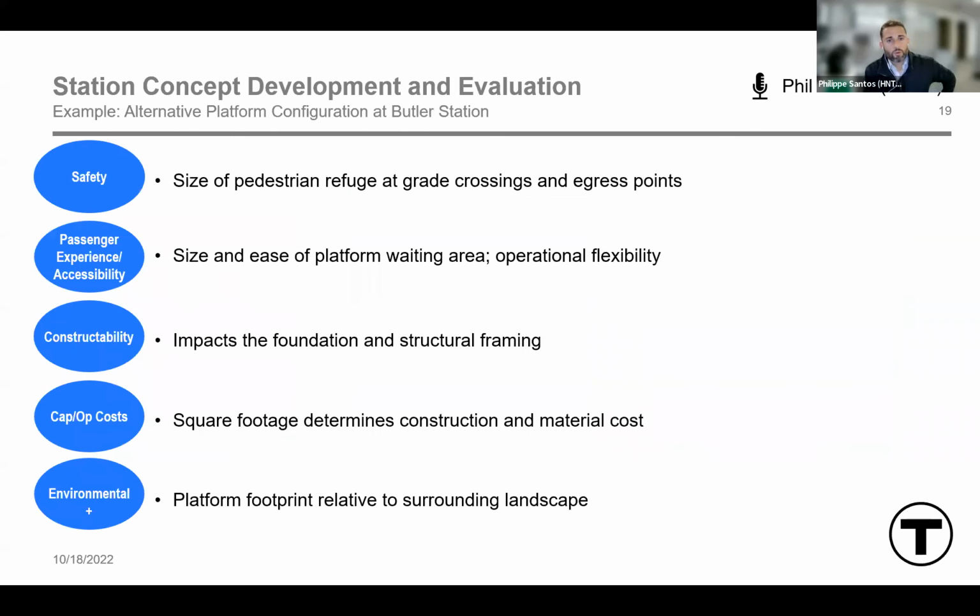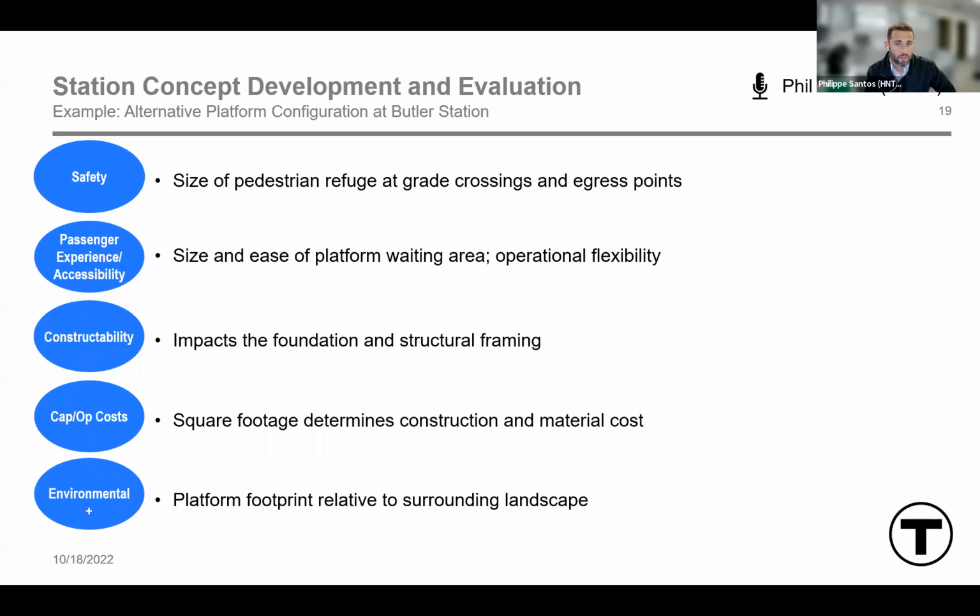As we list potential pros and cons, our team focuses on the key 6 categories I mentioned earlier, which is part of our framework. For safety, does providing side platforms allow the team to increase the width of ramps to track crossings? And does it allow for wider crossings, making crossings at the track safer? Do the island platforms allow for more space to be utilized by passengers while waiting for the train, which increases